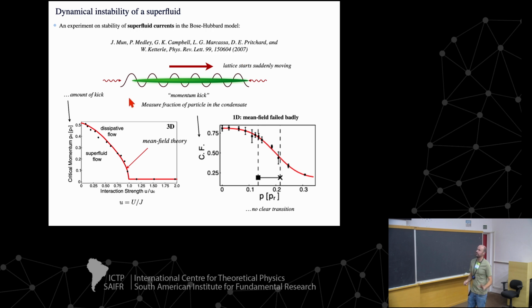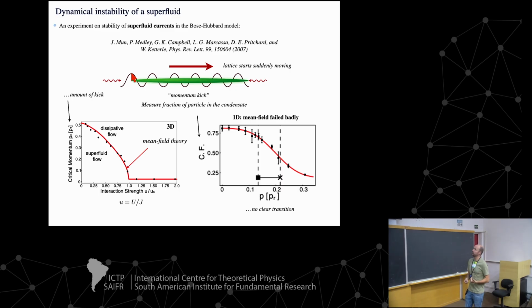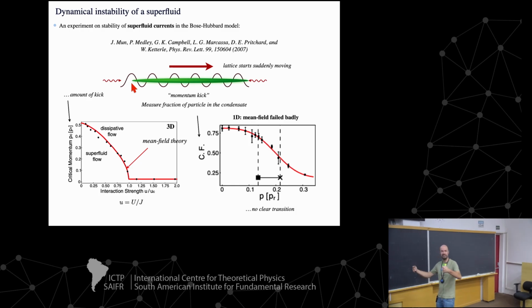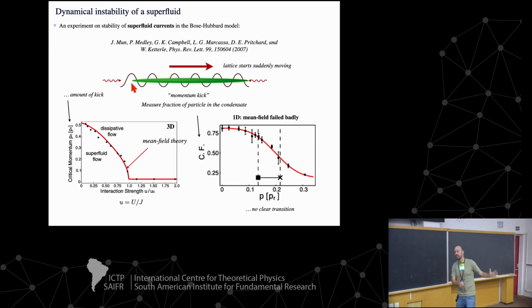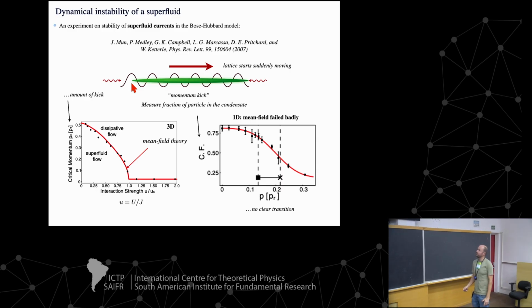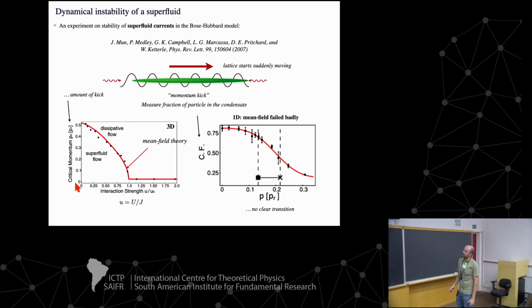So this is not a very deep lattice. It's a very shallow lattice. So you have very effective tunneling. So it's really like a weakly interacting limit of the Gross-Pitaevskii equation. And then at time equals 0, you start to kick this BEC. Technically, actually, they didn't kick this BEC, but what they did is they made the lattice move. Right? You can detune this lattice, then the whole lattice was moving in one direction. And then depending on how strong they make the kick and how strong the interactions are, one finds regimes where